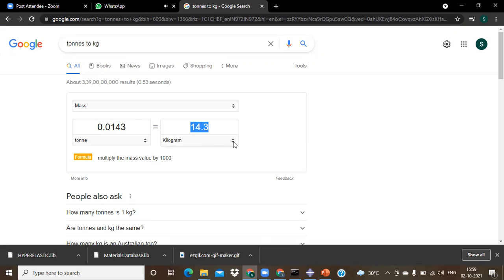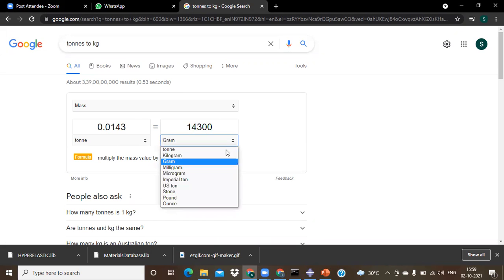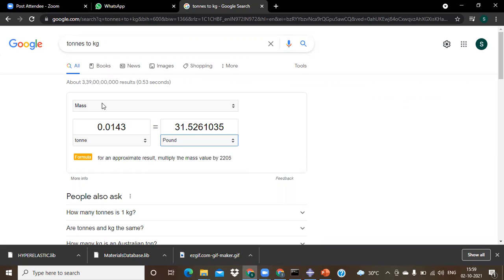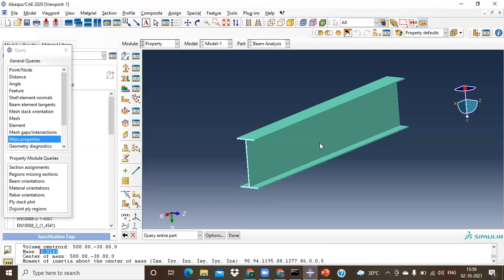If you would like to choose grams, you can choose grams. If you would like milligrams, you can choose that. If you would like pounds, you can use that. I'm using the calculator here because you can easily convert everything in a single space. This is around 15 kg of weight that each beam has.